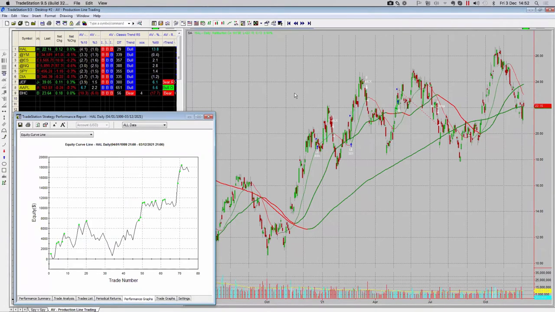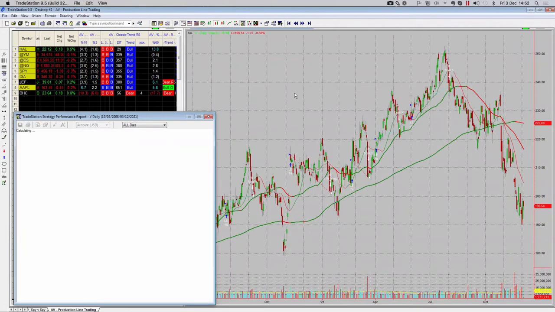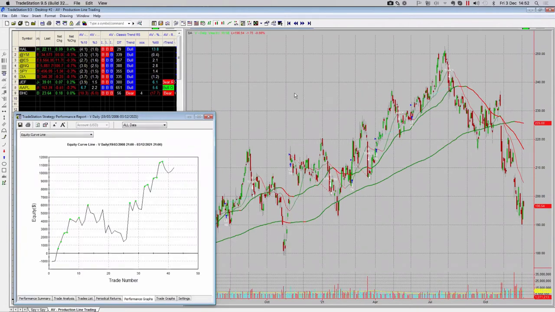Question from Zeke: should we trade Visa with a classical trend trading approach? Let's validate it. What do you think? Should you trade Visa? Let me know, my friend. Let's throw it out. Who wants to take credit? Here's the chart. We're looking back. Now, this is since 2008, just for reference.